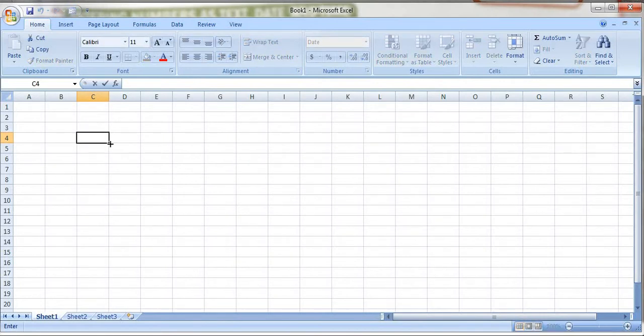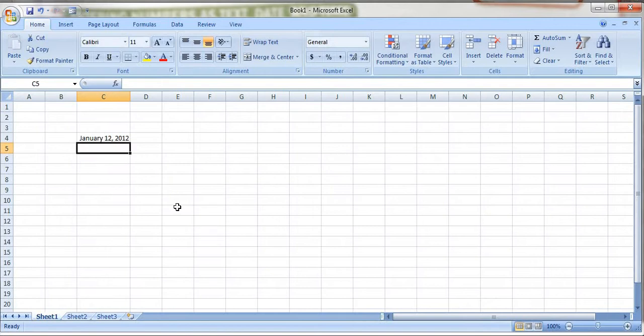So now if I write the date 4/9/20, this will be the format. And see, January 12th. Now from here I can change it.